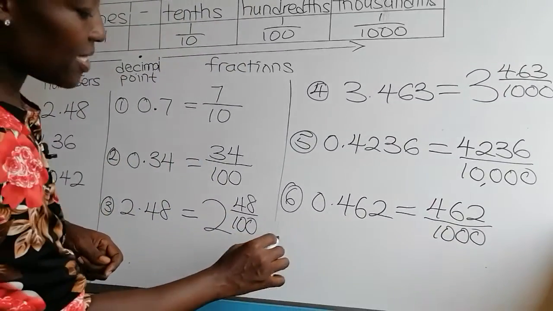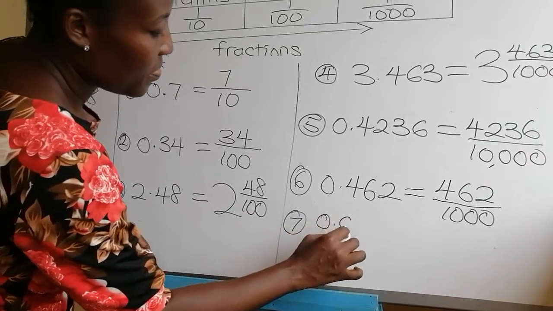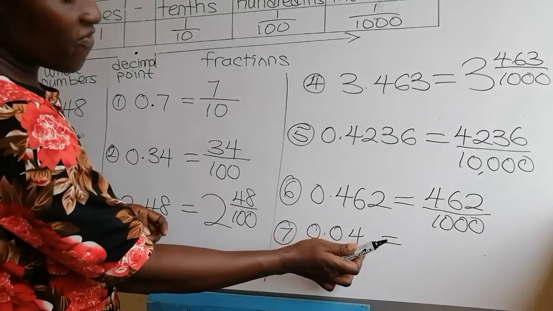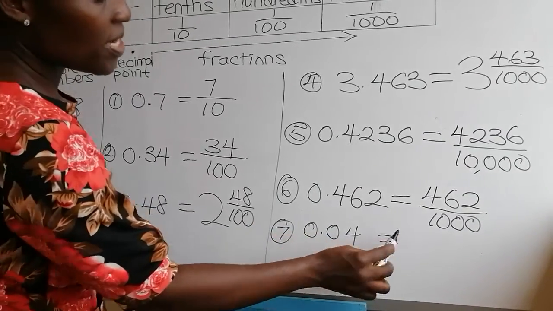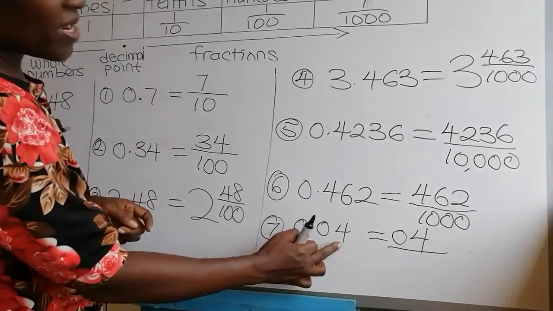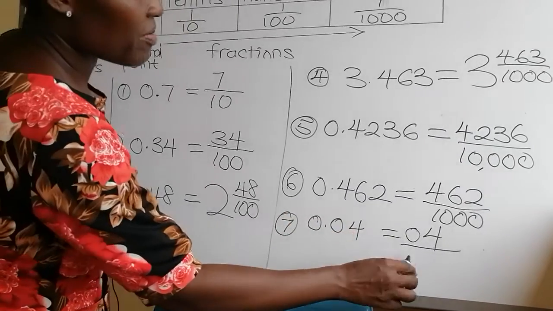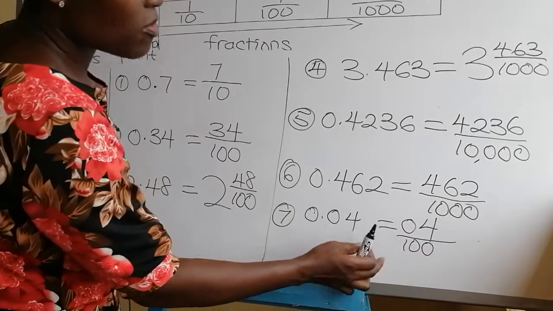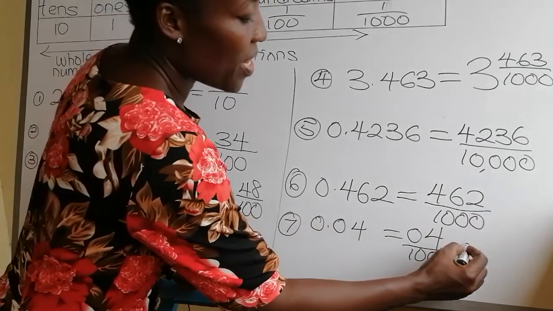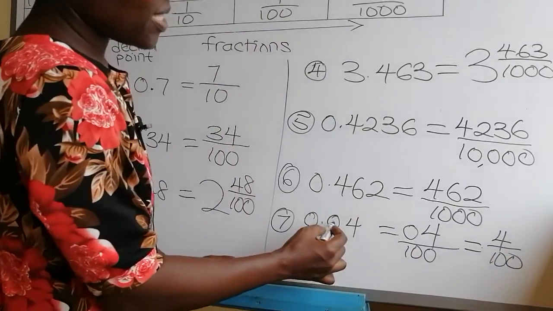Let me draw your attention to this by giving you the last example. I have 0.04. So we have the 2 digits here, right? So 04 out of the place value we need. So tens, hundreds. So 04 out of 100. I'm drawing your attention to this 0. We can also write it as 4 out of 100 because the 0 before the